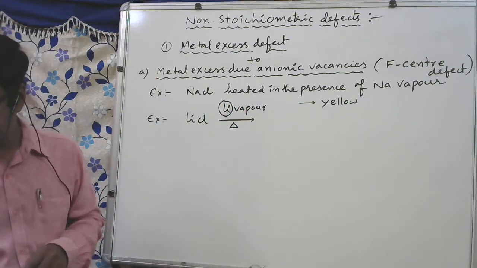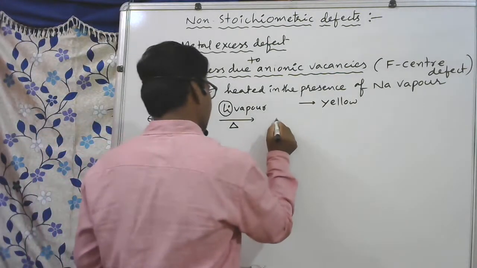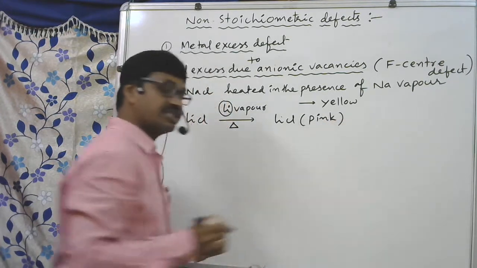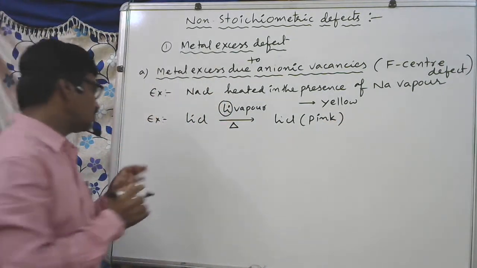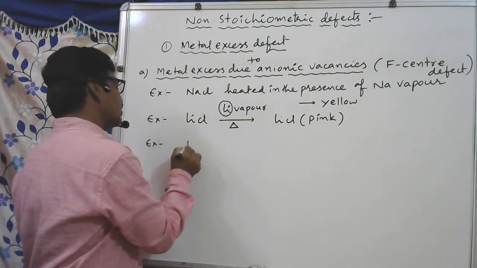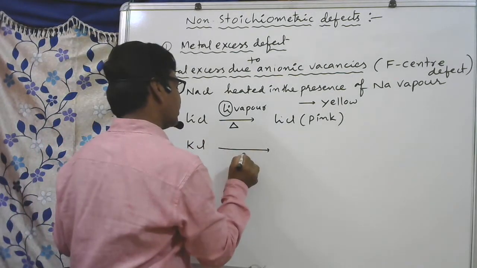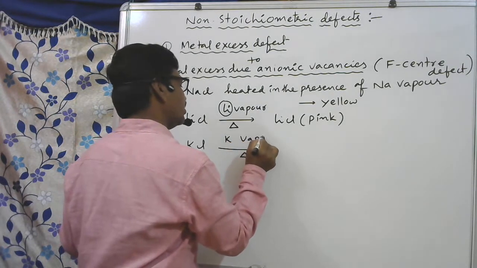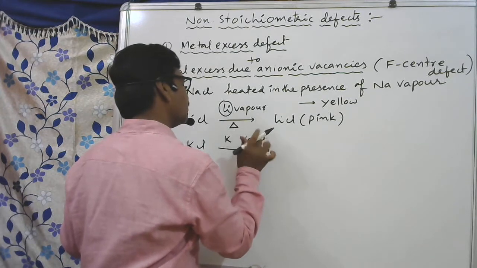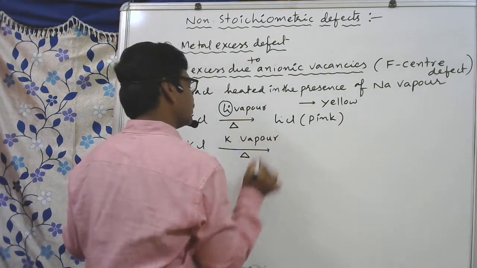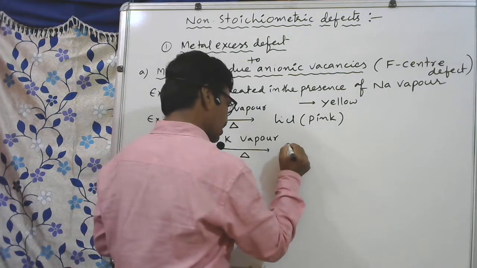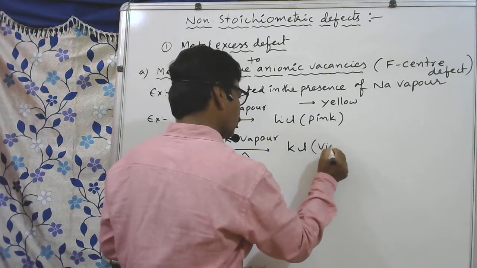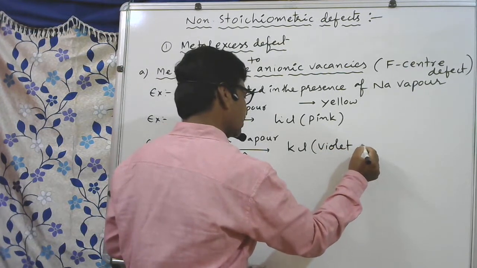So it shows a pink color. It's lithium chloride crystal only, but it gives pink color. Similarly, one more example I am giving. KCl, whenever it is heated in the presence of potassium vapor, can give violet color. It is also potassium chloride only, but it can give violet color. Otherwise, you can say lilac